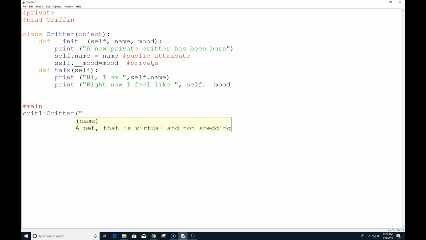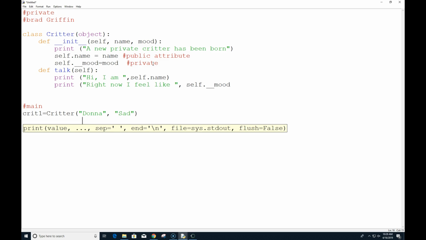What did we do last? C, so D, so Donna. And we could put in the mood of, all right, and we could do that. We could pass in items that way.